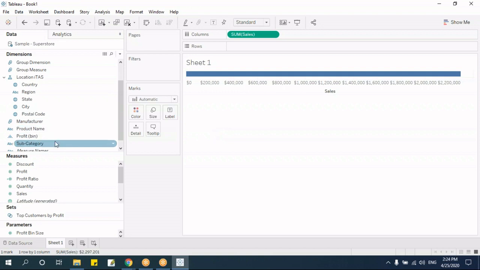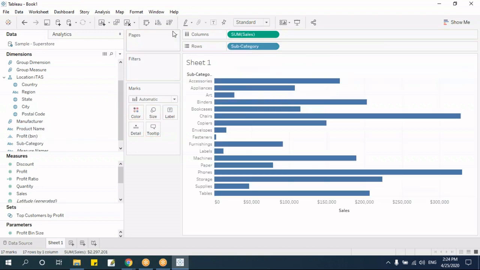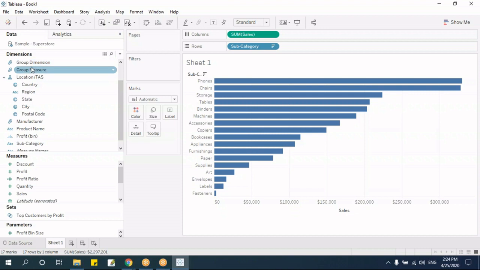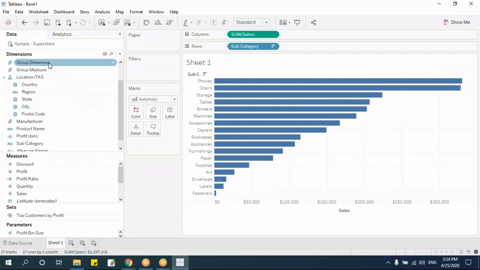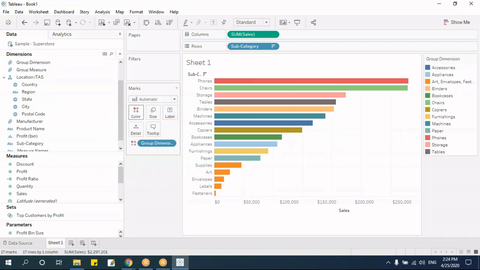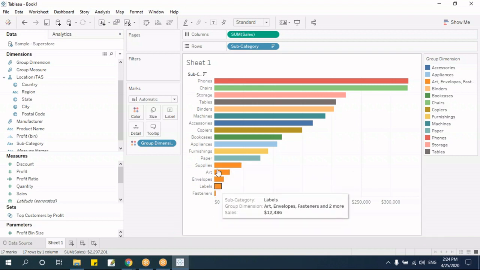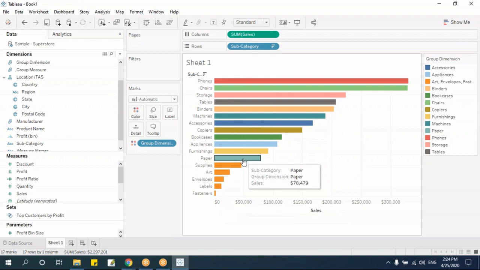Let me go here and take this subcategory. Let me sort it. Now let's use these two for coloring. Let me take this measure and put it in this color. Just observe what will happen. Can you see this? These five, because the chart is getting plotted by the main subcategory, but here I'm using this group so that only these members get highlighted. Let me remove this and then take this dimension. Now I'll put it here. See what's happening. Here these five are coming into one value, but the rest are actually separate entities,